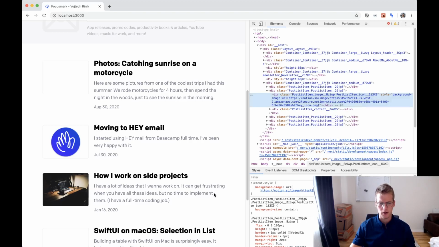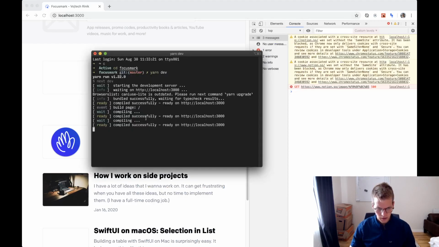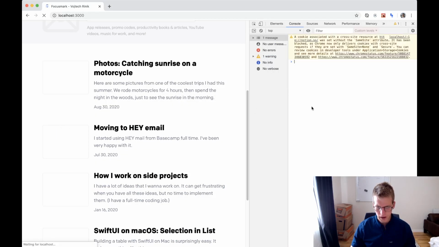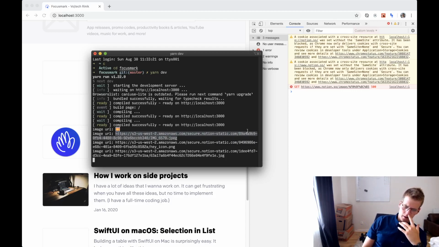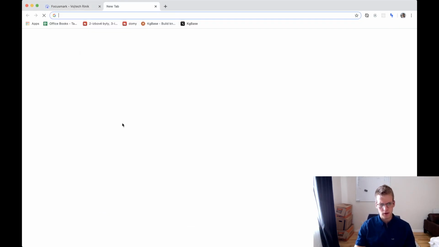So what's in this variable? Let's take a look really. I think it might be printed out where. Okay, here we go. So the original URL is that. And so that means this is a link to Amazon S3. If I go to this link,